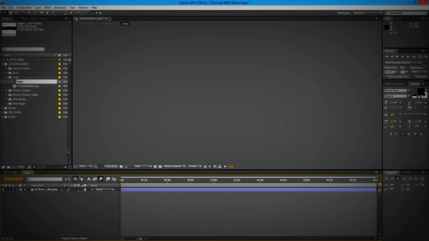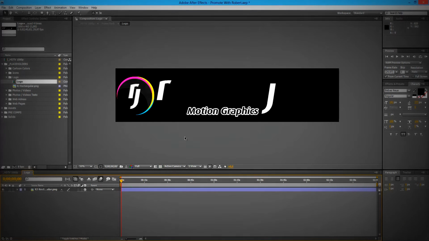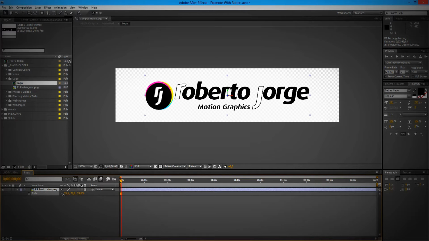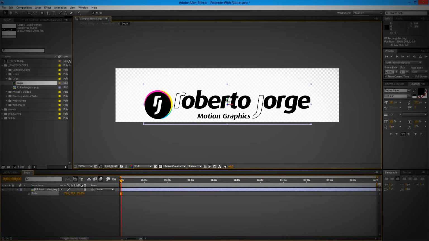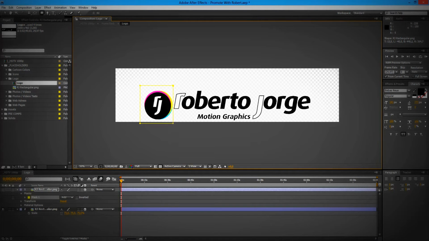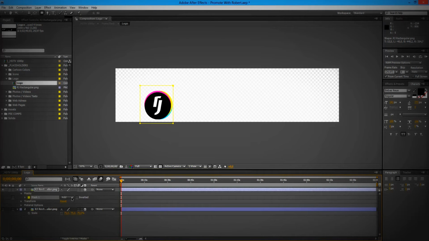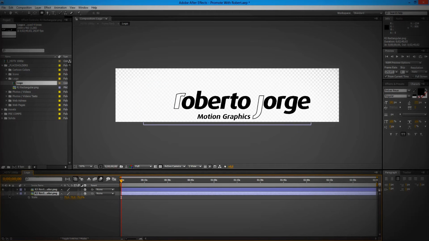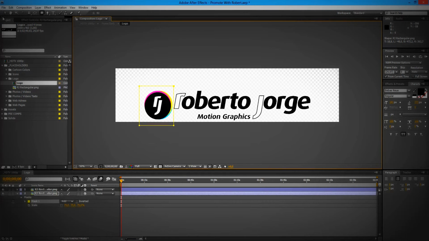If I want to change it, I just have to open the composition named logo. I'm gonna turn on transparency because mine has lots of black, and I can play around with size. Let's duplicate this one, and let's make a small mask. In my case, sometimes I want to use the logo in a different way. So here we have, and now I want to do the same here, and I'm gonna bring it on top,